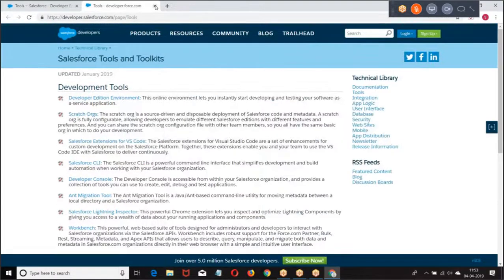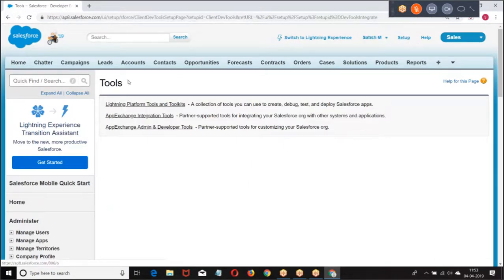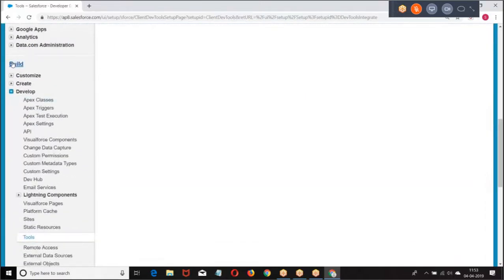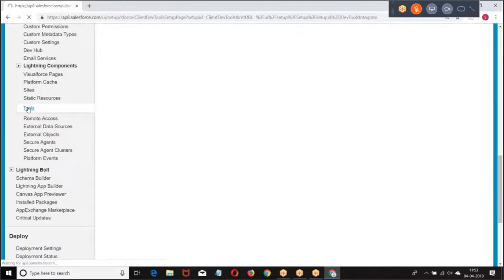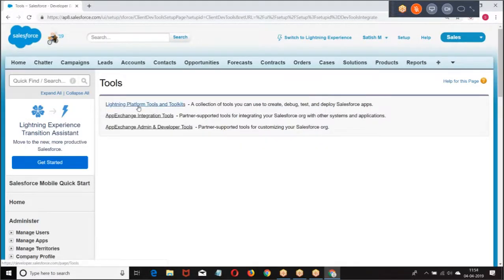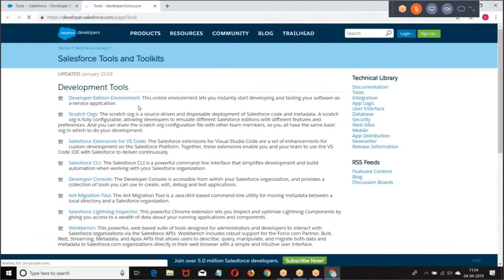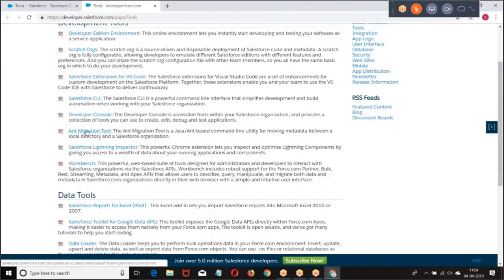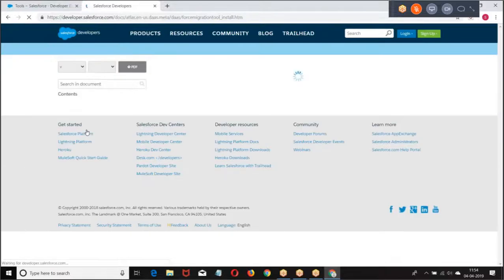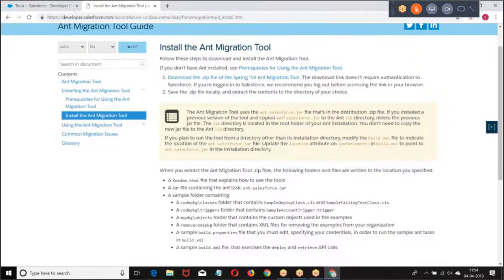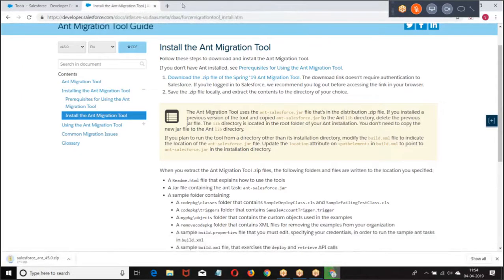Once again, setup, build, develop, tools, Lightning platform tools and toolkits. And here we have Ant migration tools. Then download the zip file. Let the file be downloaded.